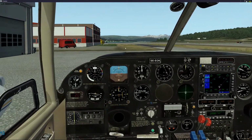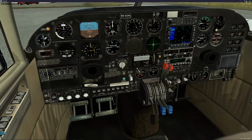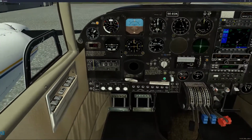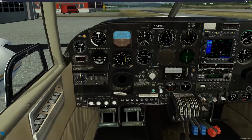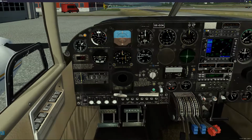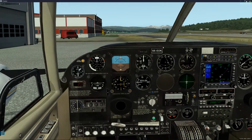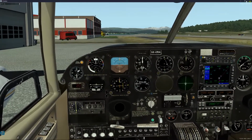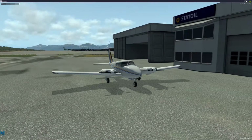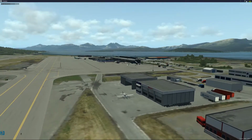Right. Well, welcome to Tromso and welcome to the Shell office. Shut this down for a second. And parking brake on. Shut these down so that we start up again in the right order. Okay, what I'll do, I'll just have a view of the scenery, and